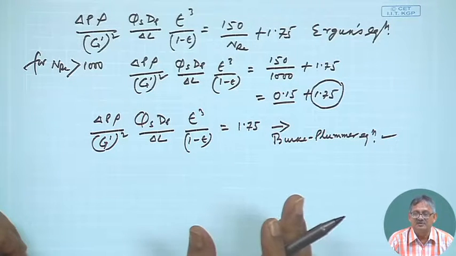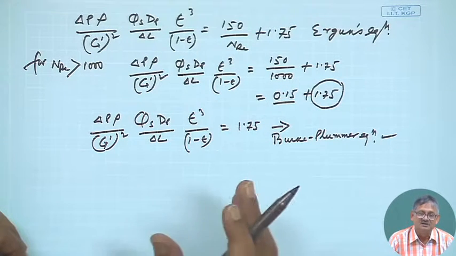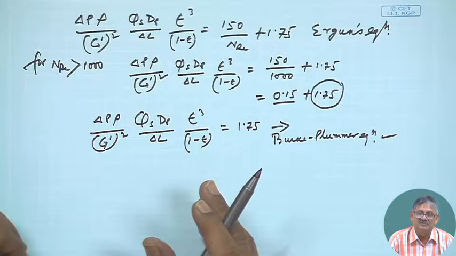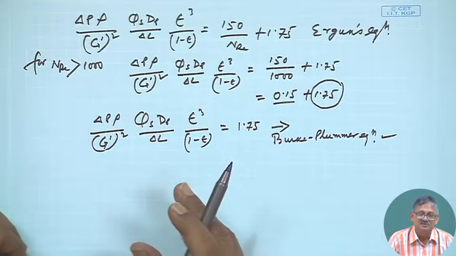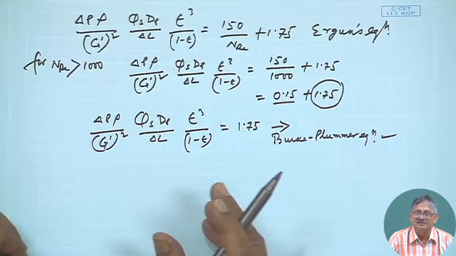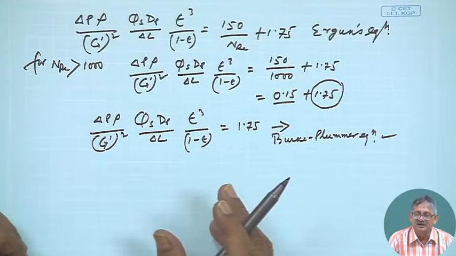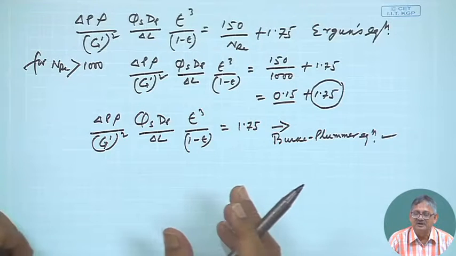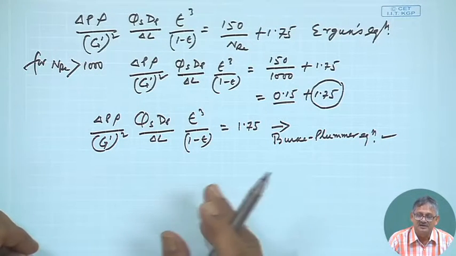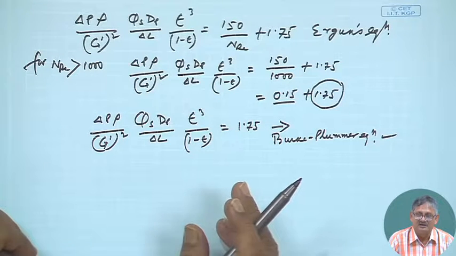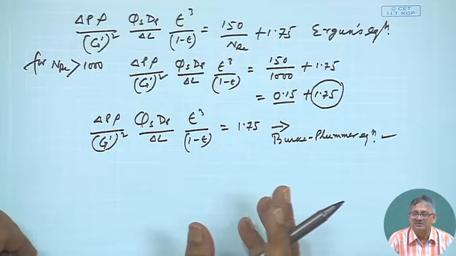And for turbulent flow, compared to 1.75, the factor 150 by NRE was very low. So we neglected that NRE term,